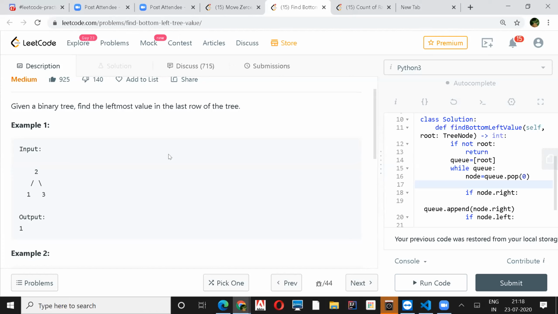So maybe brute force would be to go through each and every node and store them in an array. The array will hold a pair, the node value or the node itself, the address of that node, and you will maintain a level also. You would need the level, so this seems like a level order. Yes, that is correct. But he asked about the brute force.